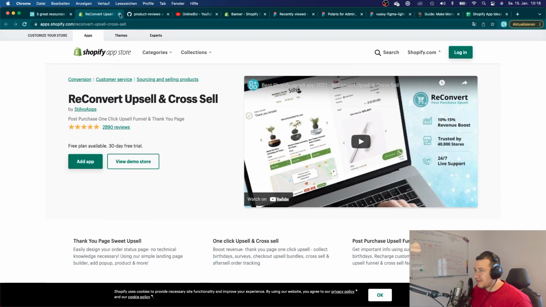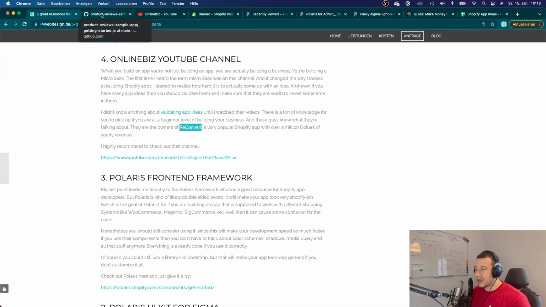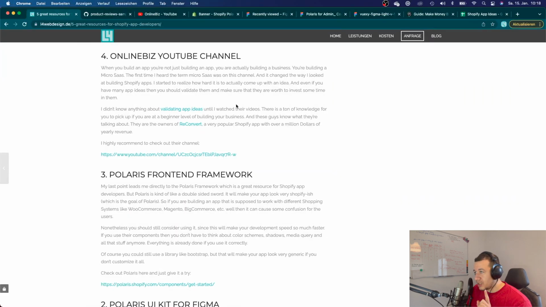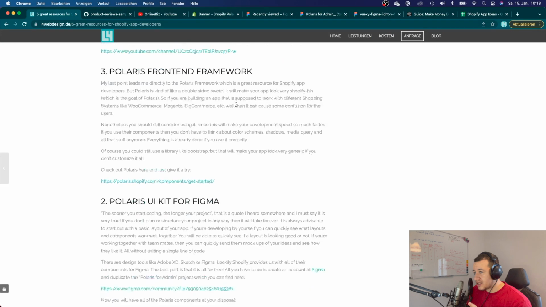Not from a development side, you can always read some documentation about coding and stuff, but you also have to take a look at the entrepreneurial side of app development. All right, so let's go on with